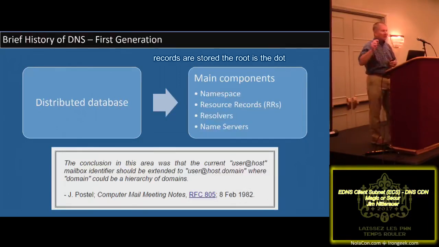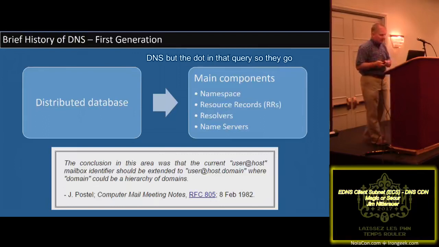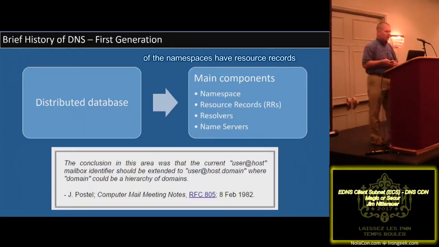The root is the domain, okay, the domain. So anytime you do a DNS lookup, that trailing dot is the root. That needs to be in your DNS query. Some servers and operating systems put it in there automatically. Others ignore it, but that's why a DNS entry always ends in a dot, because that's the root of all DNS, the dot in that query. So they go back to the root or master domains.